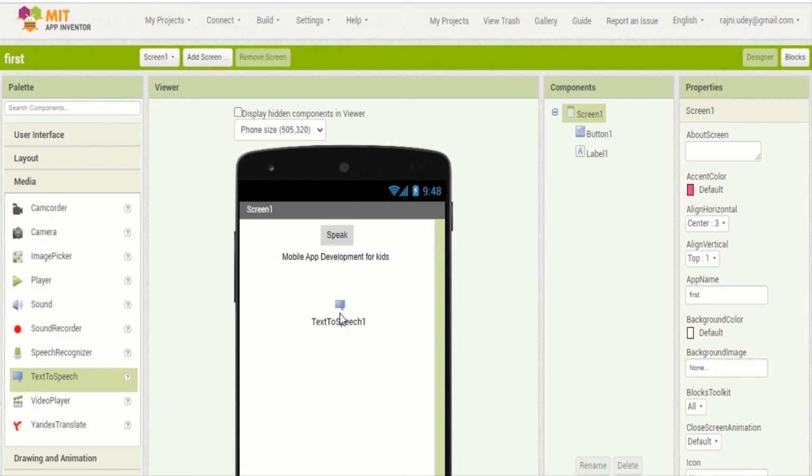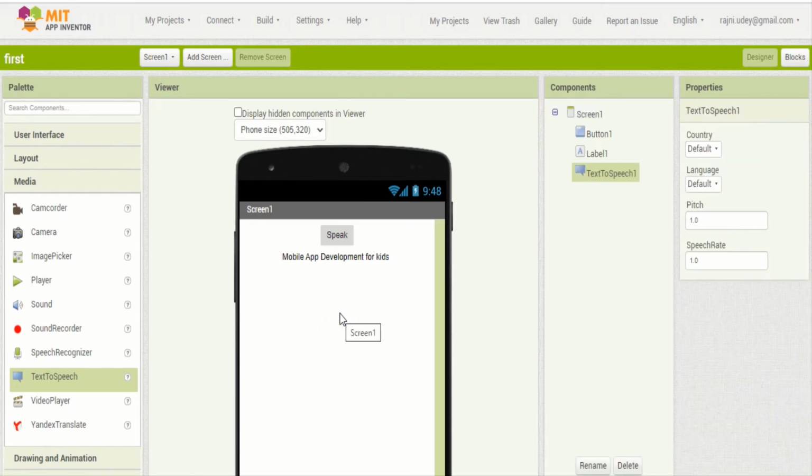The module name is text to speech. So drag this module into your app, and when you drag it in, it will not be visible to you, but in the components part you can see this text to speech. So in my mobile application, I have already included the text to speech module.